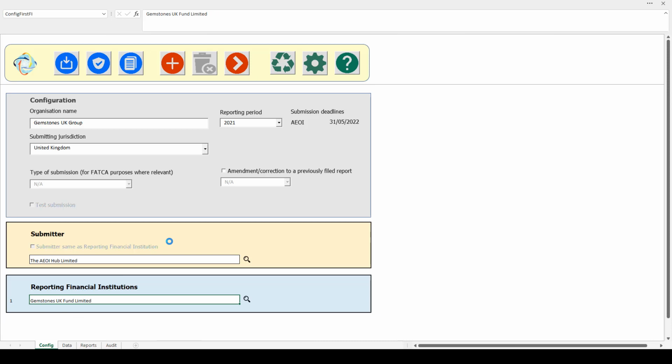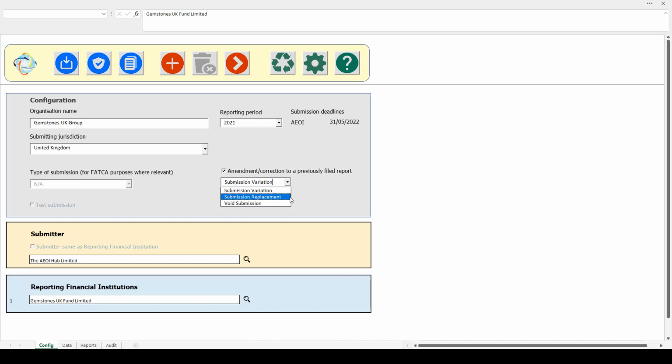The final area I just wanted to have a look at is the process for amendments, because that is a bit different in the UK schema compared to some of the FATCA and CRS schemas. If I select amendment here, there are 3 types of amendment report that can be filed. A void submission essentially tells HMRC to completely ignore the submission that was previously sent.